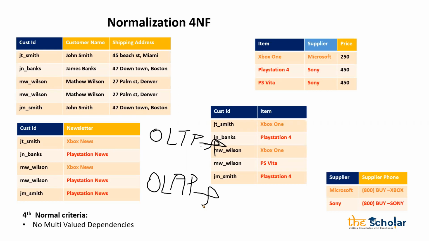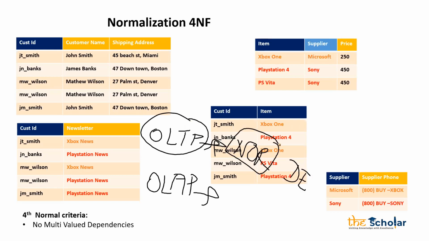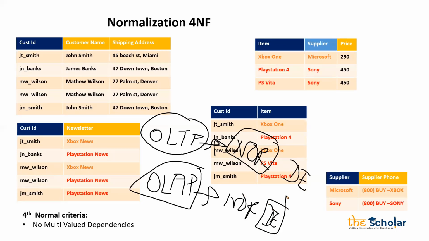So people may ask that if you have an OLTP system, will you go with a normalized form or a denormalized form? My answer will be normalized form. If they ask that if I have an OLAP system, will I go with normalized form or denormalized form? In that case, I will go with denormalized form because I will have a huge data set and I need the quick output. So I will try to create a single table where I will have all the data records. That is very important for us to understand. When we have OLTP, we prefer normalized form. When we have OLAP, we prefer denormalized form.